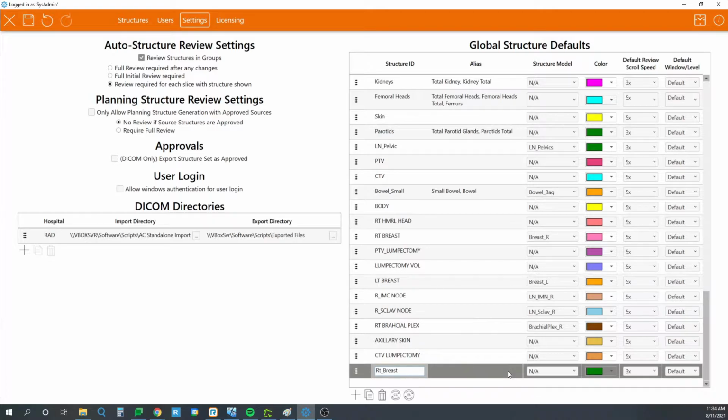Once that structure is within this table, we can then add aliases. So if there's other versions of the structure that we would like to look for, we can add them here separated by a comma. After your structure has been successfully created, we'll also make sure that all of our other